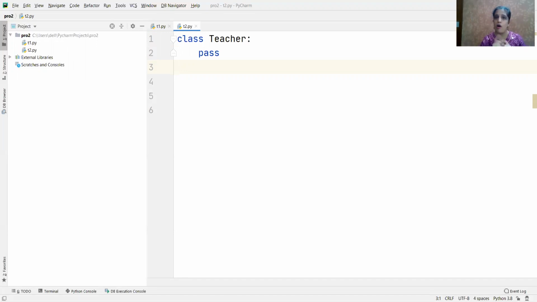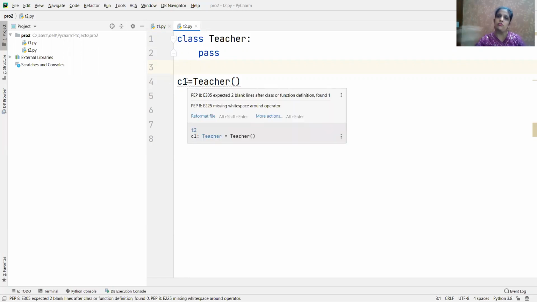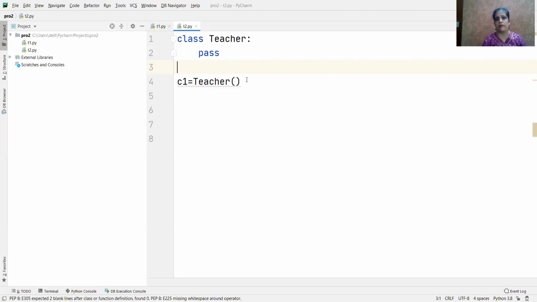So let me declare the object first. If I have to declare c1, c1 is equal to Teacher. When we write a variable name, I have to mention a value, either an integer. Say if I write here a is equal to 2, I have declared an integer value. If I want to put letters here, it will become a string value. So I have to declare which kind of value I write. In the same way, I have to tell this object which class it belongs to, so I have to declare it.